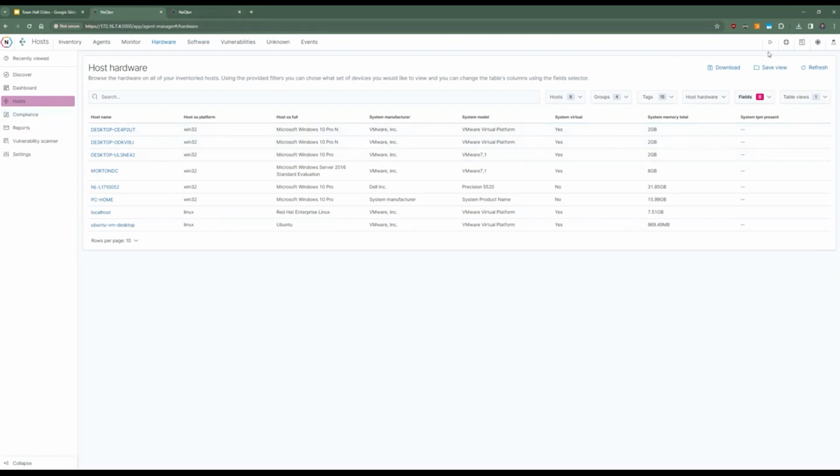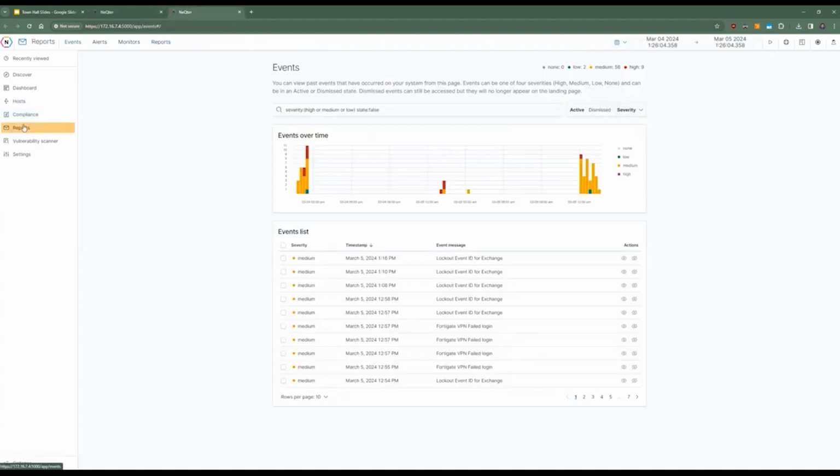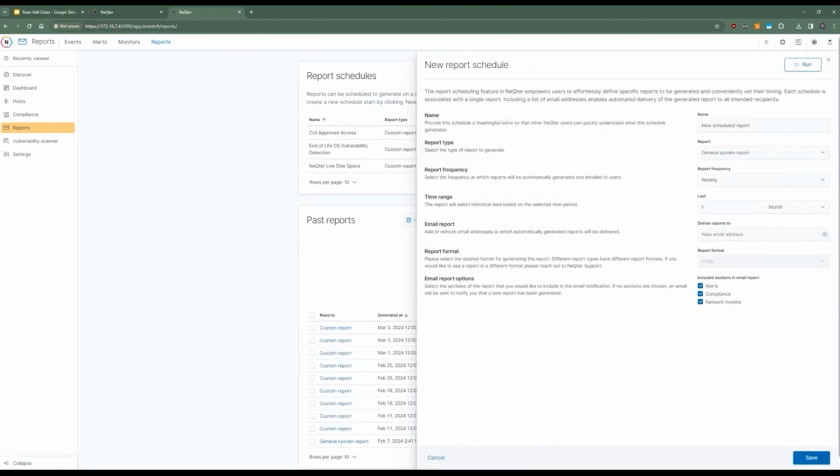Additionally, this is a report type that is on demand. If we click on the little plus icon here, we can just say, I want it right now. Give me this full inventory report. Run it, and it will download. Or if we go to the reports area and click on the reports tab, we click on reports on the top here, we can schedule a new schedule,